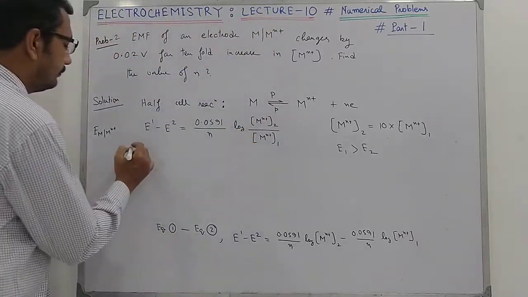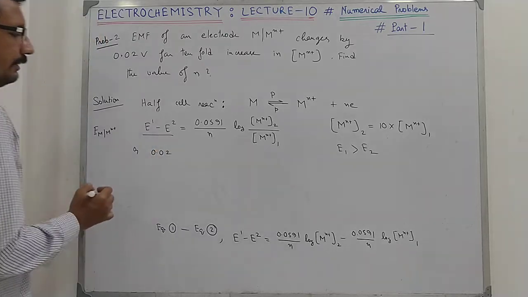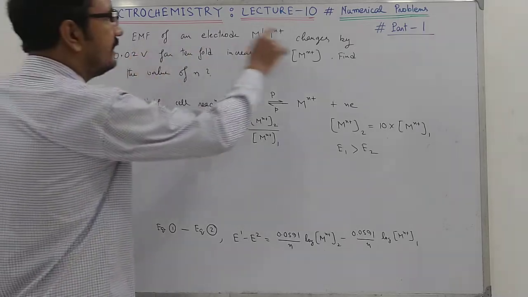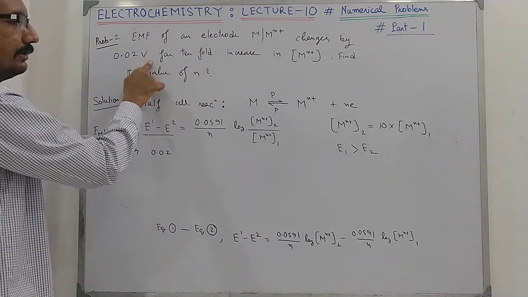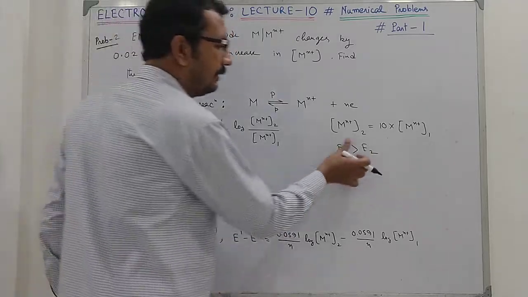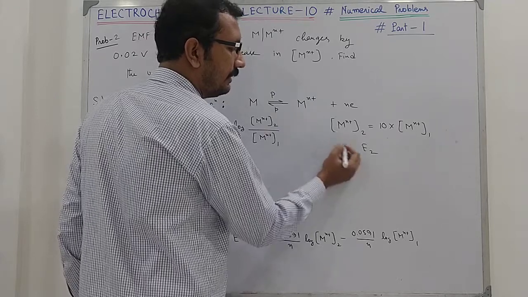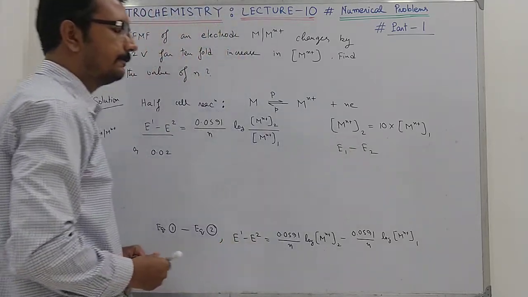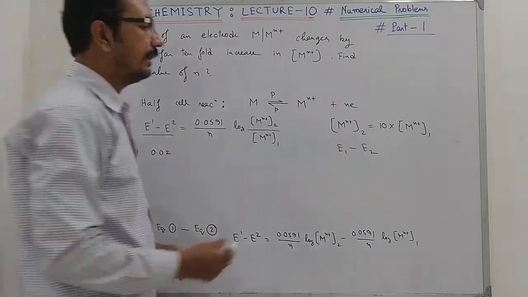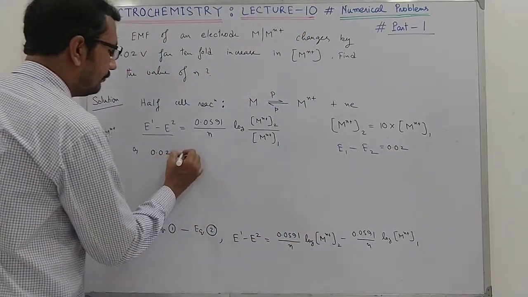Since E1 is greater, the difference E1 minus E2 is 0.02 volt, since it is saying that the EMF changes by 0.02 volt. So this will be 0.02,